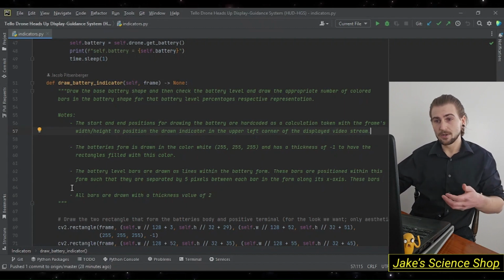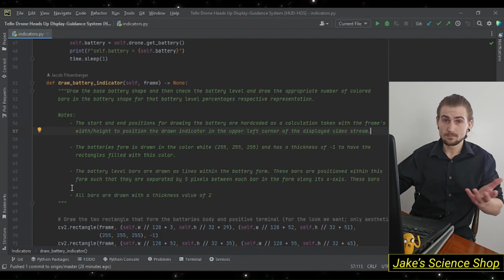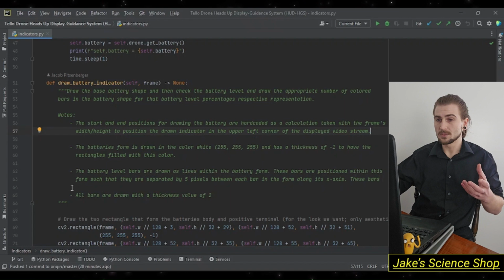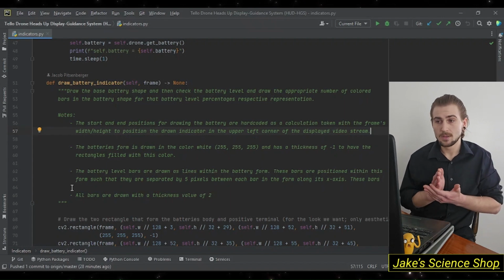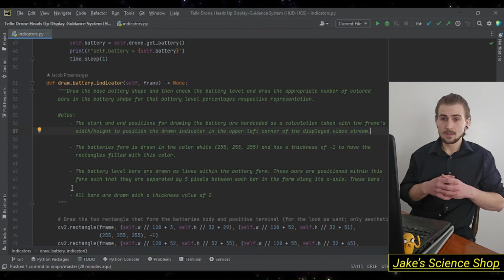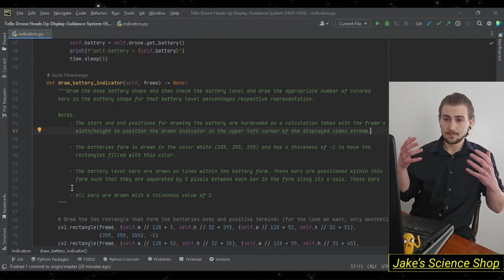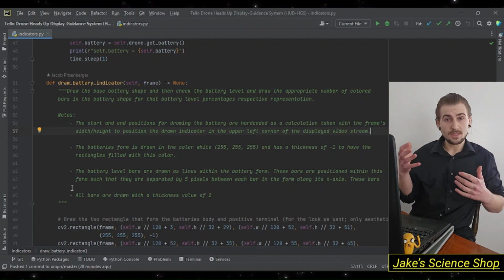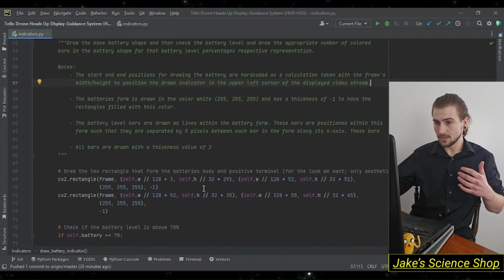After this, we have a note on the battery level bars drawn as lines within the battery's form. We discussed this. Now, these bars are positioned within this form such that they are separated by 5 pixels between each bar along the x-axis. Lastly, I think I had a little note then along the y-axis. So these bars then are going to be,